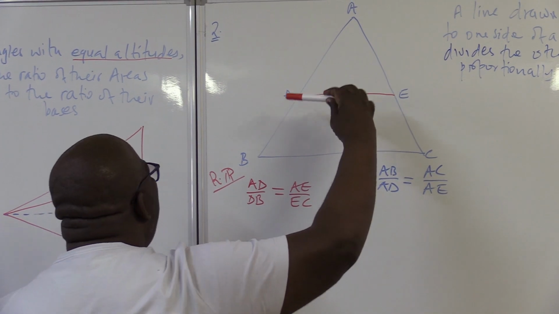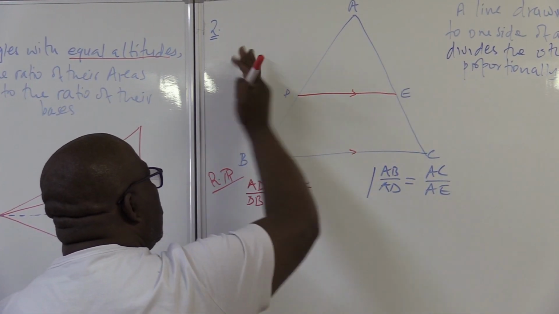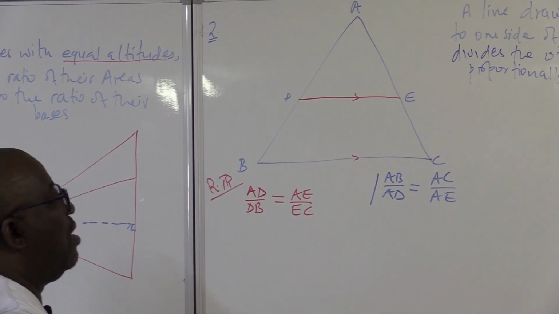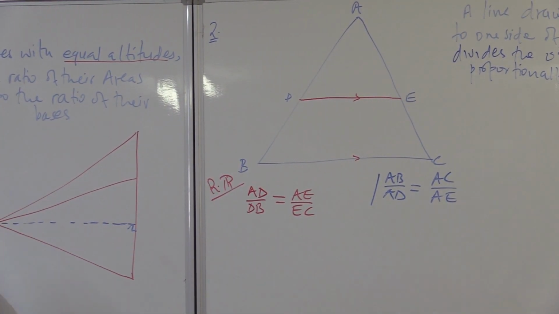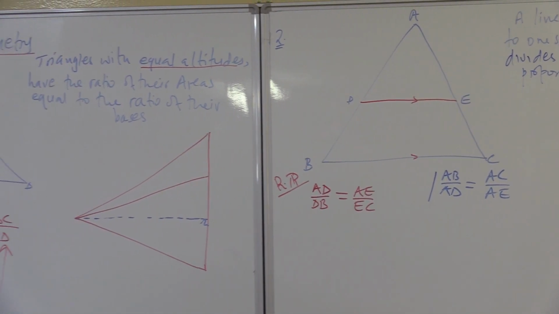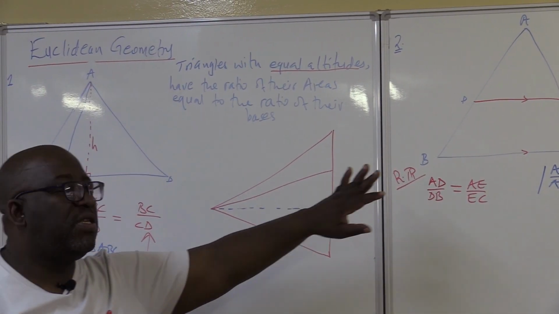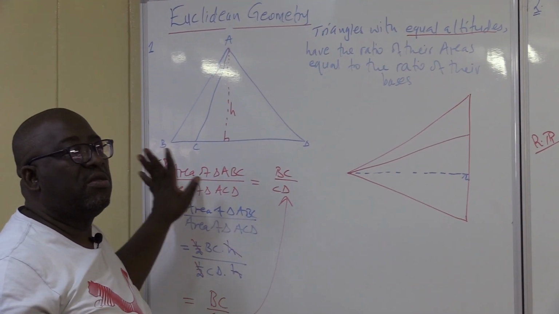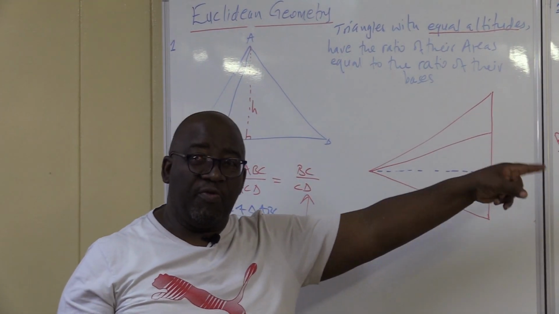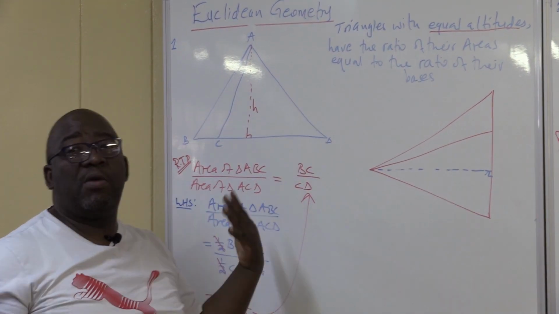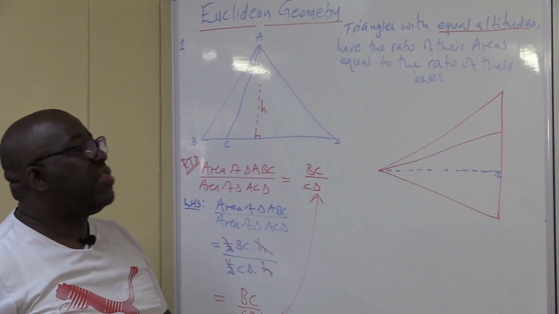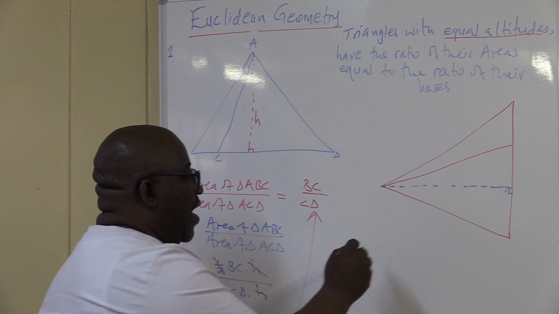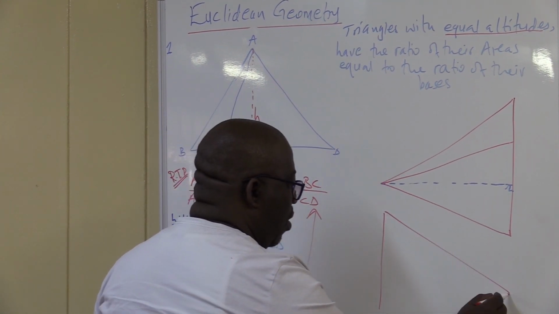Remember, this line was drawn parallel to this one. Then these 2 sides become important. That's where we get this information from, the Proportionality Theorem. That's what we want to prove. Remember what I said to you earlier on, theorems get on top of each other. I want us to prove this theorem using this one. Now, if you don't understand this one, you'll find it difficult to do the proof using this theorem. Remember what this theorem says. Triangles with equal altitudes have the ratio of their areas equal to the ratio of their bases. Even if, I said to you, even if we put it in this form,